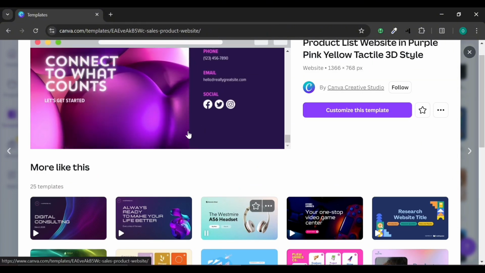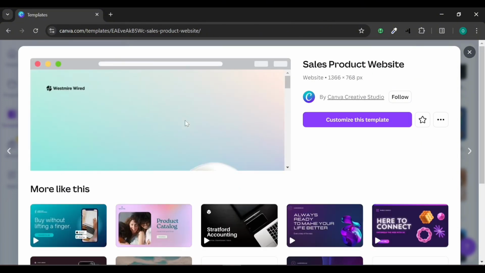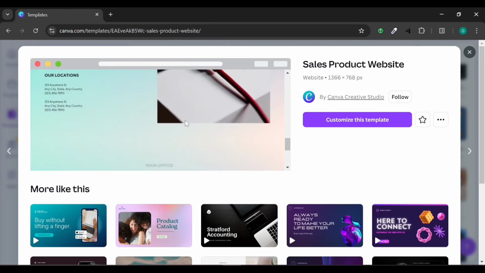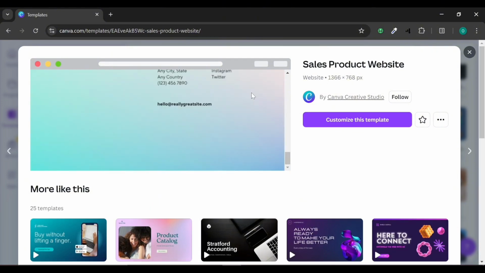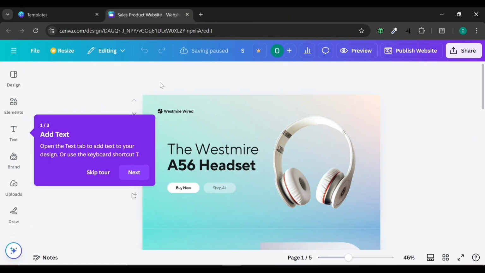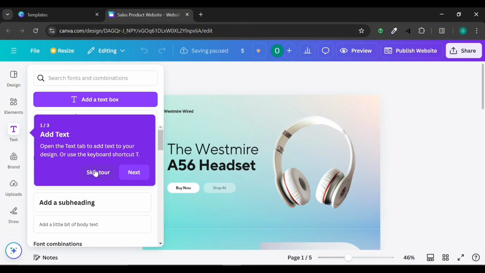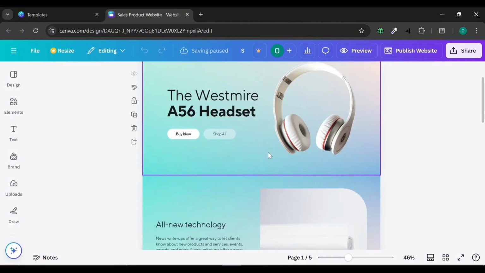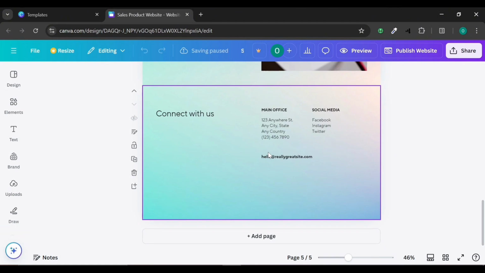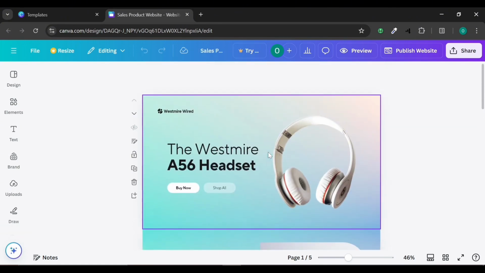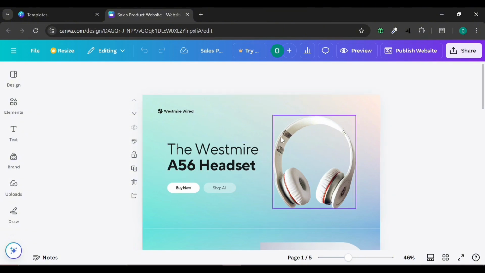So you have this product website here. You see how beautiful this is looking. This is what we're going to be going with. We're going to be using this. So click on customize template. You can see, click on skip tour, so you could see how this product website or product landing page looks. What we're going to be focusing on is creating an awesome looking landing page for this